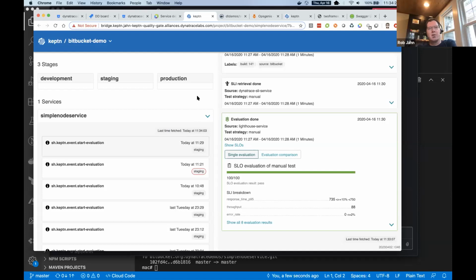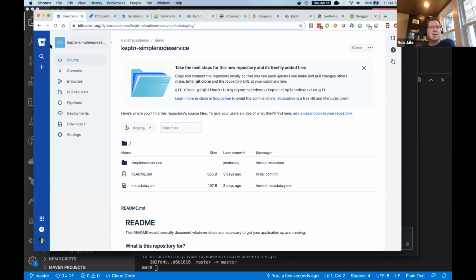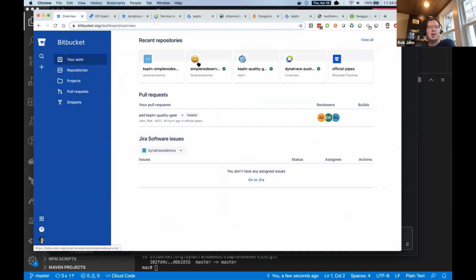Absolutely, yeah. I think that's a great question. So Keptn is right, there are many ways you can do this. There are two use cases of Keptn. I'm using Keptn to manage my continuous delivery process, from the deployment to the test execution to the quality gates to the promotion strategies. But in this case, we're choosing to show how we can integrate just the quality gate within the pipeline. So let me just show the code real quick, because a lot of people have an investment in their existing tools. So whether it's Bamboo or Bitbucket in this case,